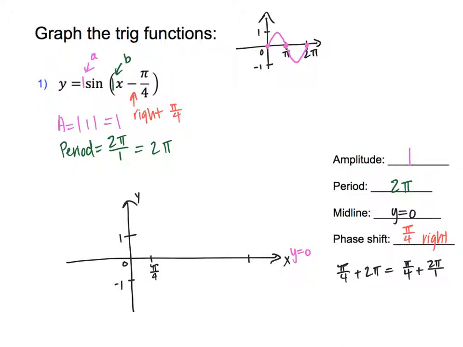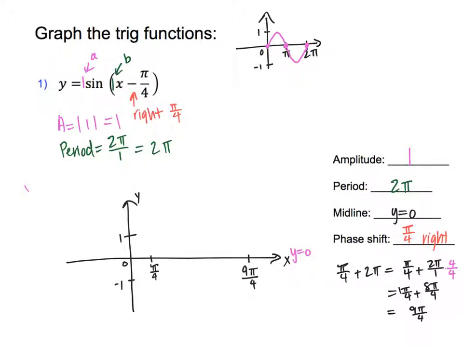And then I need a common denominator. So I'm going to multiply this 2 pi over 1 by 4, so the denominator can be a 4. And so now this is pi over 4 added with 8 pi over 4. And if I add that, that's going to be 9 pi over 4, because that pi in front is just like a 1 pi. So added with 8 pi, that's 9 pi. And so that means if I were to add 2 pi onto here, that would give me 9 pi